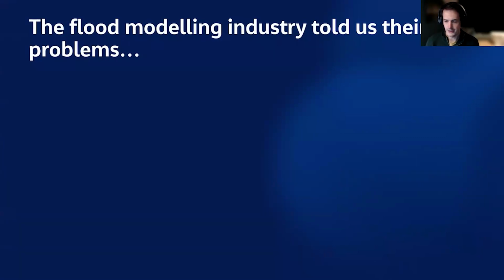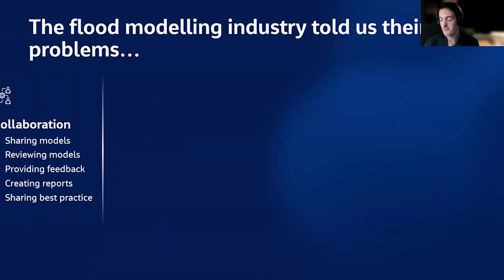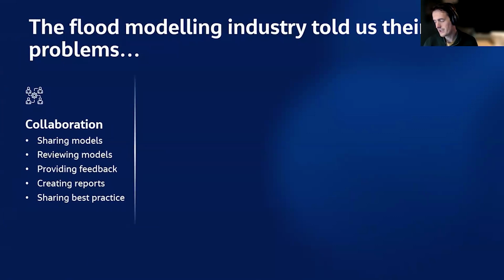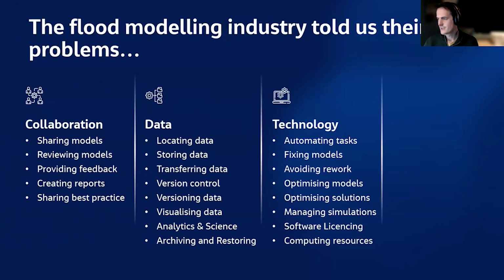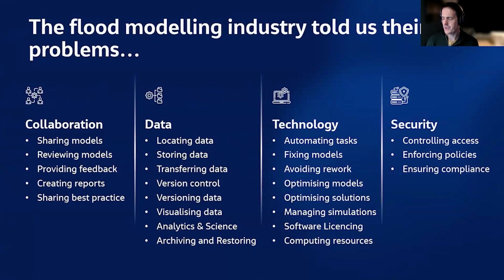Through a series of interviews, surveys, and workshops, we found the responses broadly fall into four main categories. It doesn't really matter if we're asking people in Australia, the US, the UK, or elsewhere. These categories are all fairly consistent. These are where the pain points are. These are the areas where improvement can be made. And we trust Flood Platform addresses many of these.